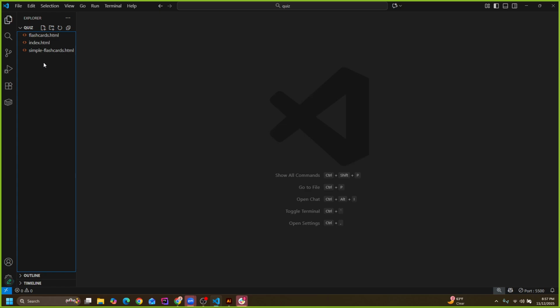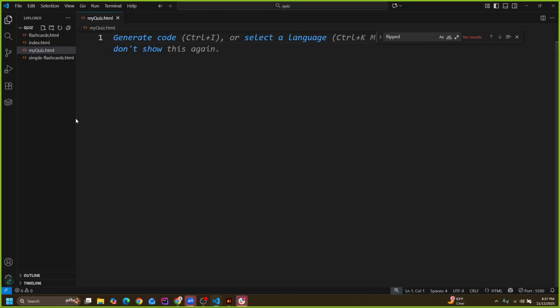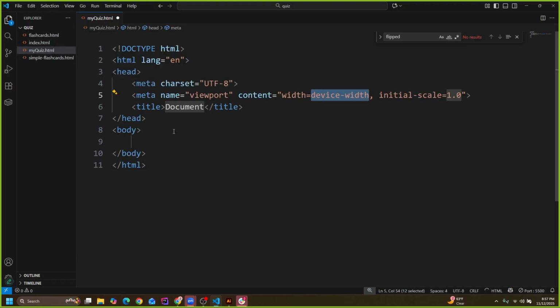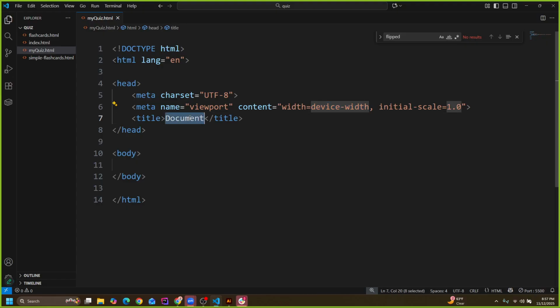I'm going to create a new file here called myquiz.html. These will be the AI generated ones, and my quiz will be the one I do from scratch. Okay, call this HTML CSS quiz. We'll start by adding that title. So if you want to follow along, you want to create a new file called myquiz.html. Give it a title,